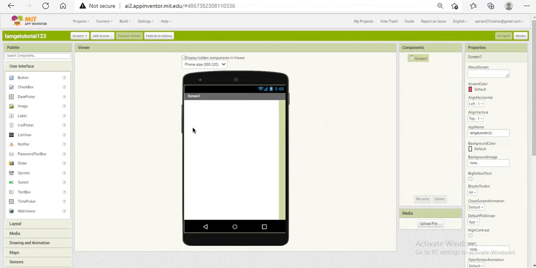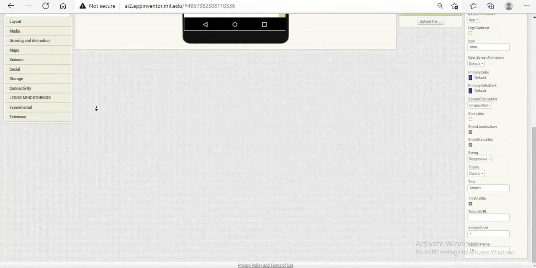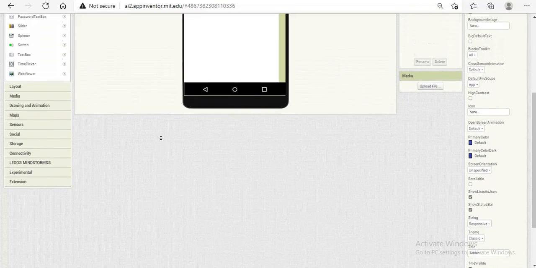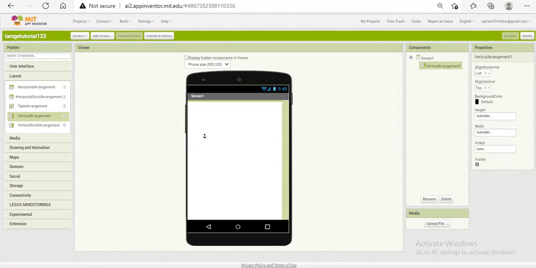Now you simply go to the MIT App Inventor tab and you can see the layout option. Scroll up and you can see the layout. Click on this layout and you can see the vertical arrangement. Drag and drop the vertical arrangement here and make its height full parent, and width is also full parent.